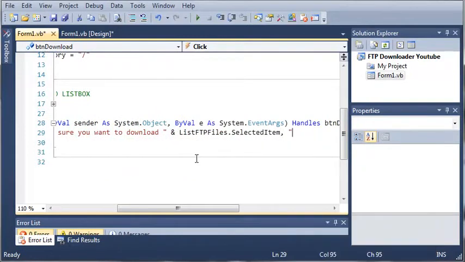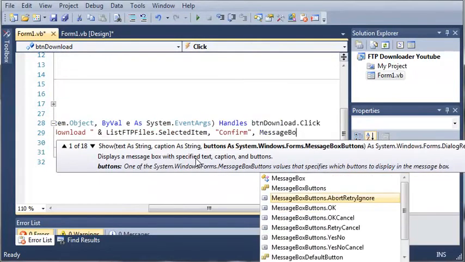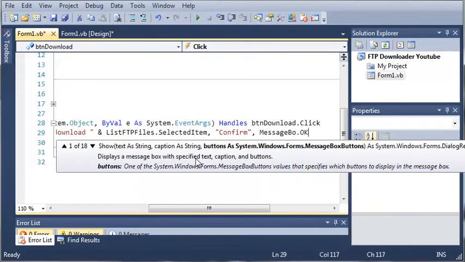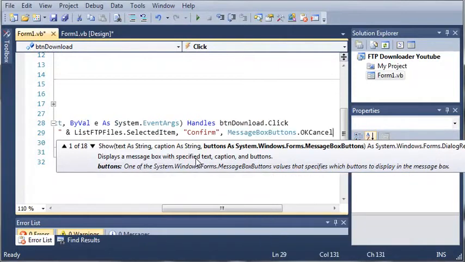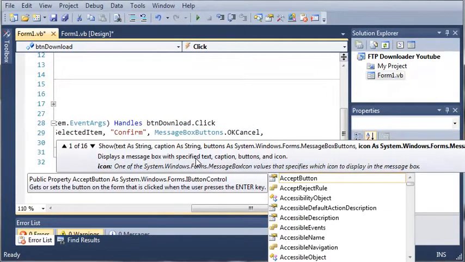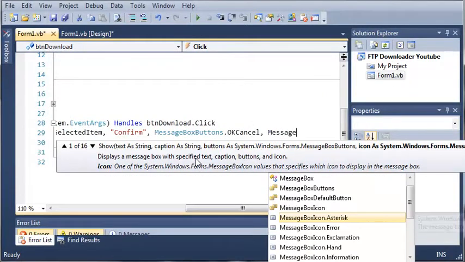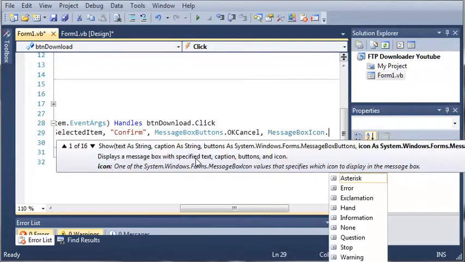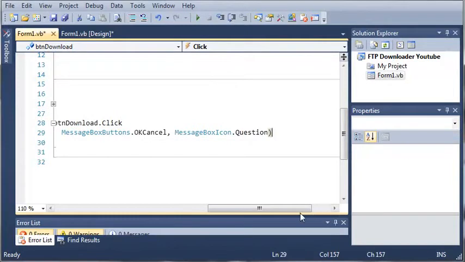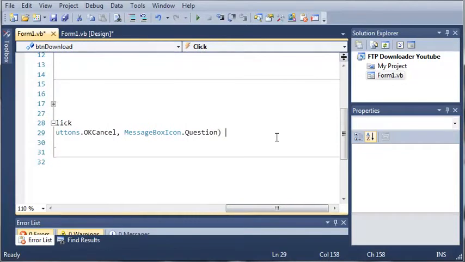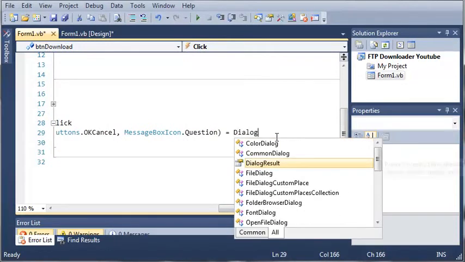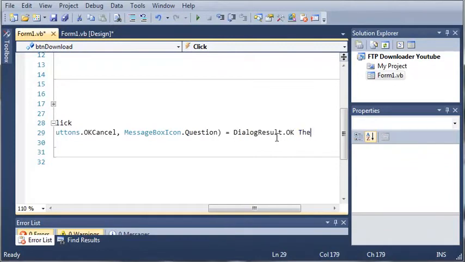And for the title, let's just go ahead and say confirm, and then we'll do message box buttons dot OK and cancel, so they can press OK or cancel the download. And for the icon, we'll just do message box icons dot, and let's do a question. Okay, so if this message box is equal to, so if it equals dialog result dot OK, then what do